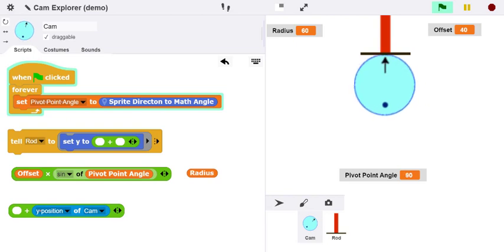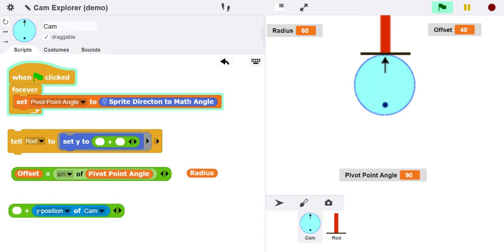So a cam is an object or device that converts rotary motion to linear motion or vice versa. And typically there's a rod, like the red rod shown, that follows the cam. For that reason, in engineering, it's known as a cam follower. So as I rotate the cam, we would like the cam follower, or the red rod, to move up and